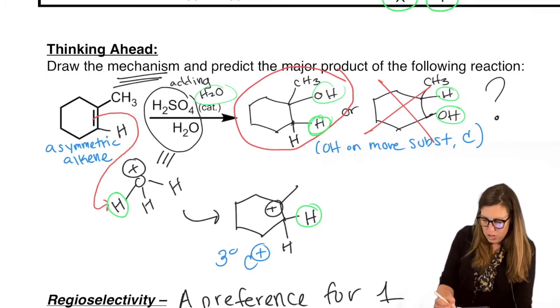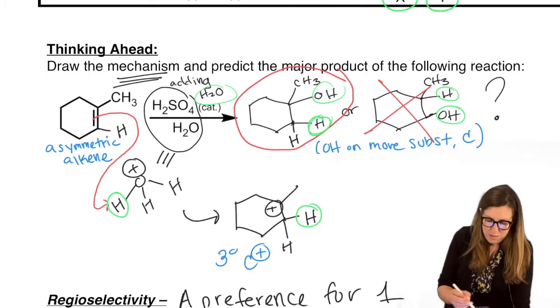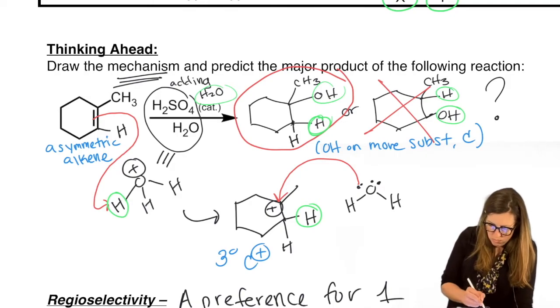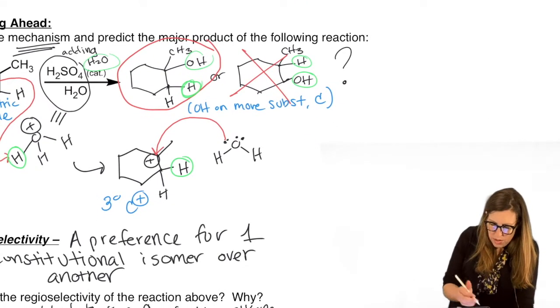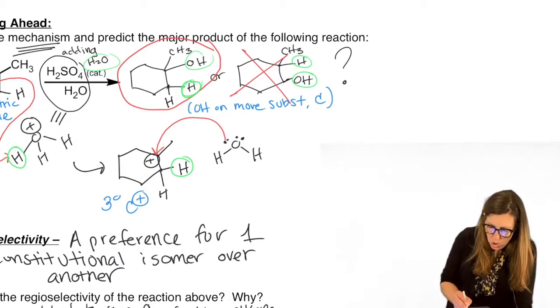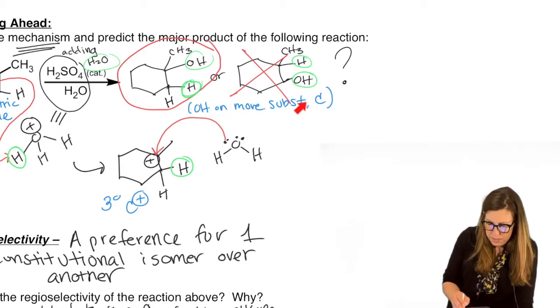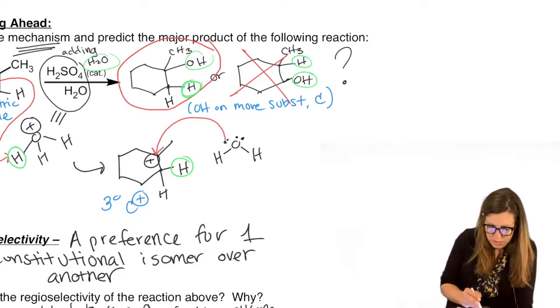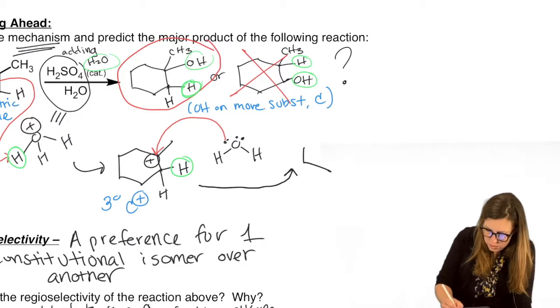Well, what are we missing to get home? We need the OH. Water. Water is going to be our nucleophile. Not H3O+. That's not nucleophilic. That's an acid. Use the water because it has that lone pair ready to attack. And attack that carbocation. Now that shows why we get the OH on the more substituted carbon, right? Because that is the carbon that had to be the carbocation. So we want the more substituted carbocation. Stability from hyperconjugation. But in terms of thoroughness, we'll finish this whole mechanism.